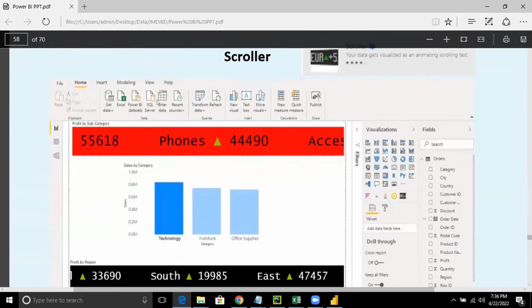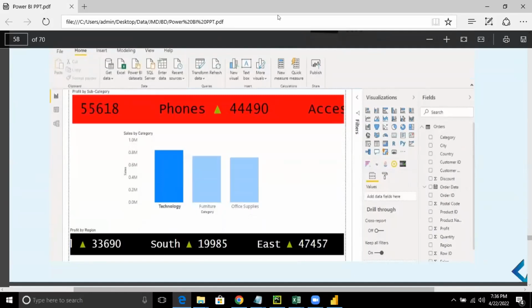Now, these scroller options you see every now and then on the news channel. When did you see the scroller option last? Election polls. Yes. How is the trend of the election polls? Which party is getting the most number of votes, isn't it? Very good. Or what else? The cricket scores, right? Or the party winnings. So these are different places where you will see this, isn't it?